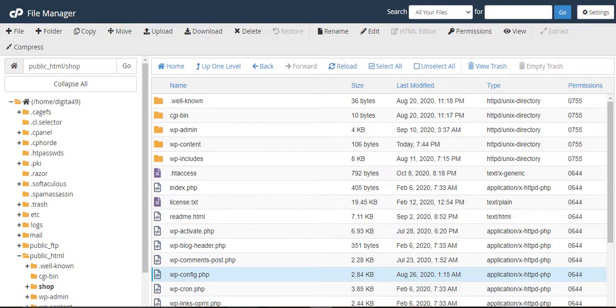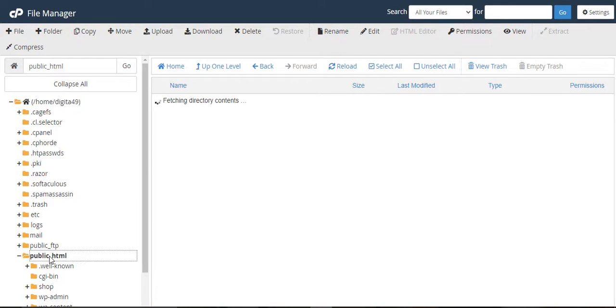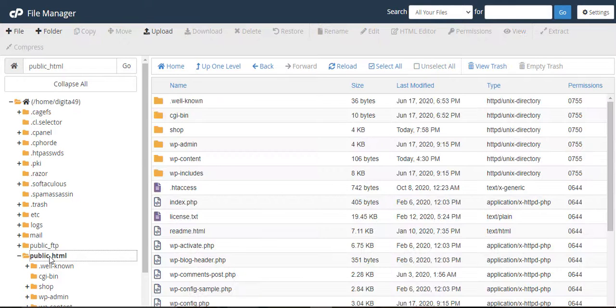Now what you're going to do is go to public_html and click on it. I've already clicked on it, so I'm just trying to save time. The next part you're going to go to is